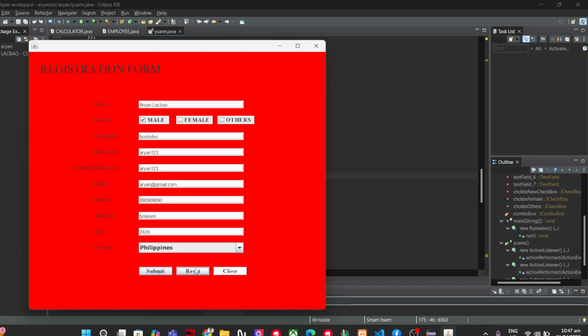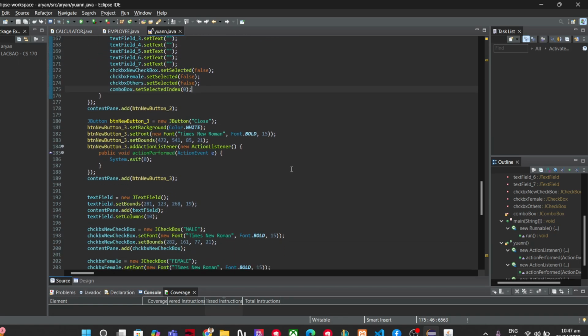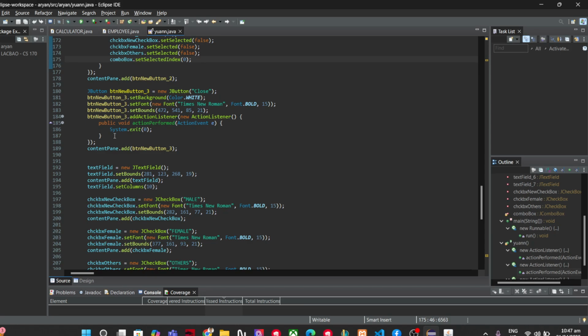So if I select reset, then all of the things that I typed are gone. So it will be reset. Then for the close button, the last, I add some action event, which is System.exit. So if I click the close button, it's going to be closed.